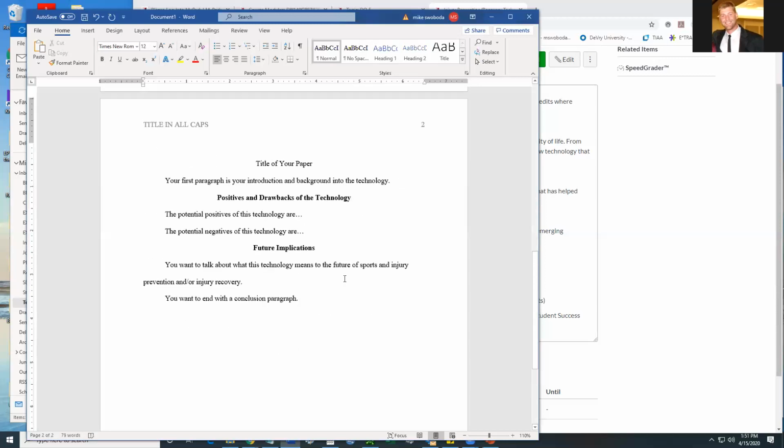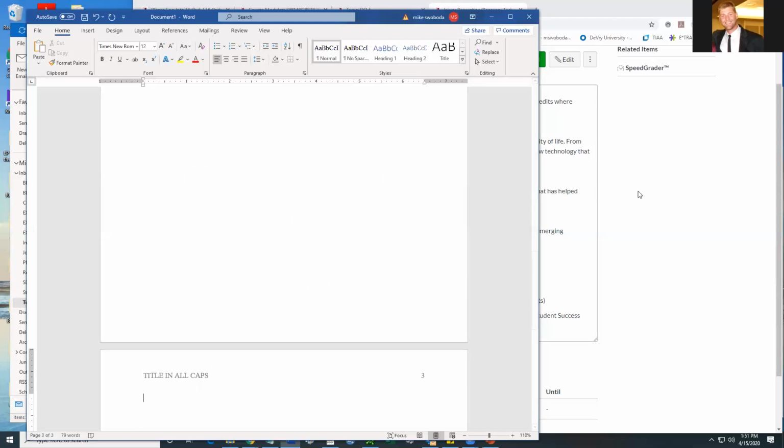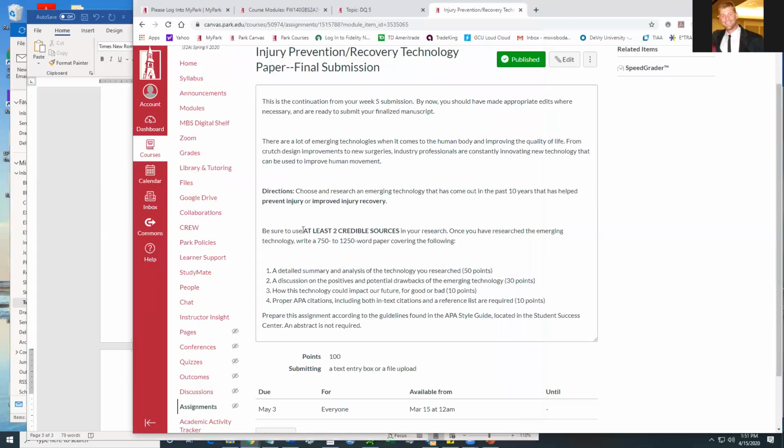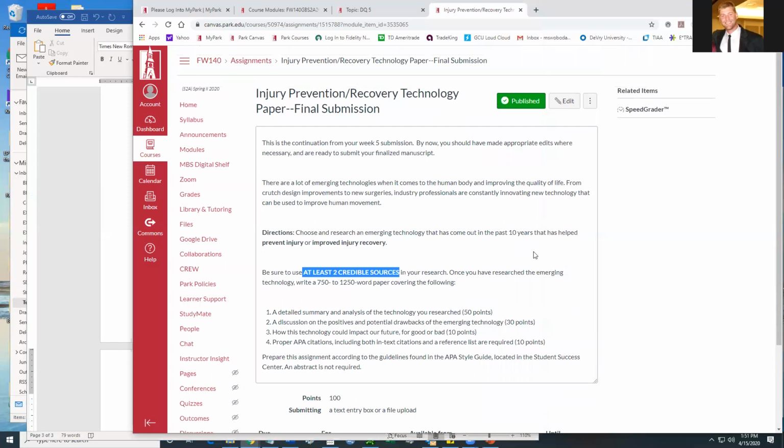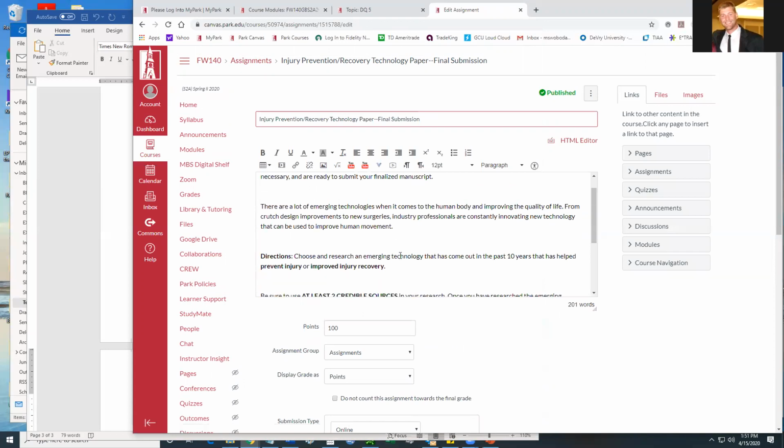And that in general is how you should have your paper stylized. Now, when you get to these sources, notice that you need to have at least 2 credible sources. And let me just edit this real quick to make sure that